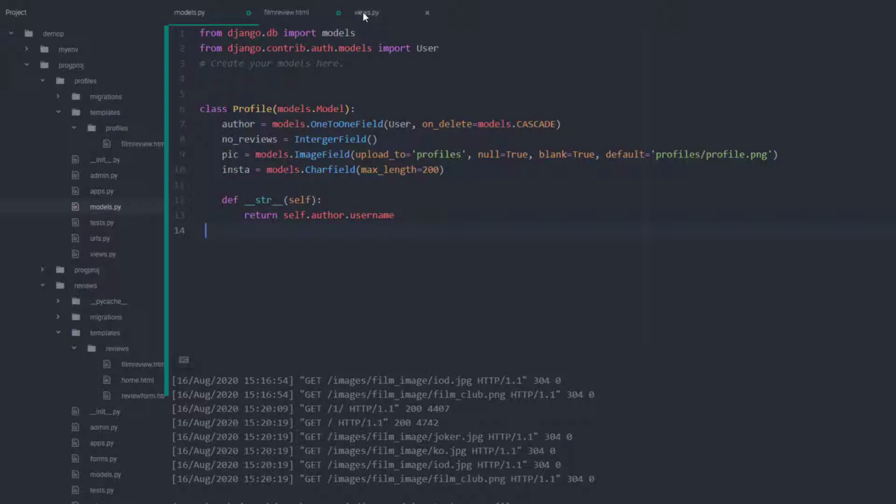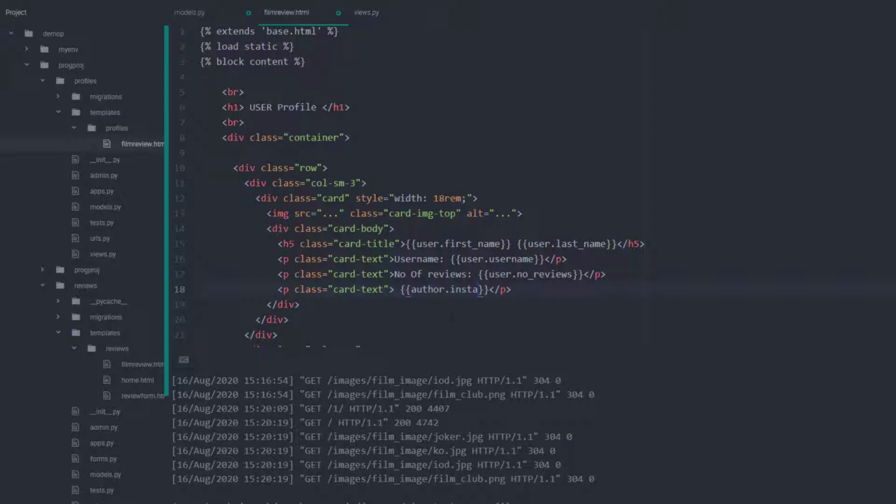Insta, yeah. So that will just be their handle. It will just be the name of the handle, not the whole thing. And we'll deal with the link in a bit. Yeah. Okay, so what we now want to do is let's go back to our